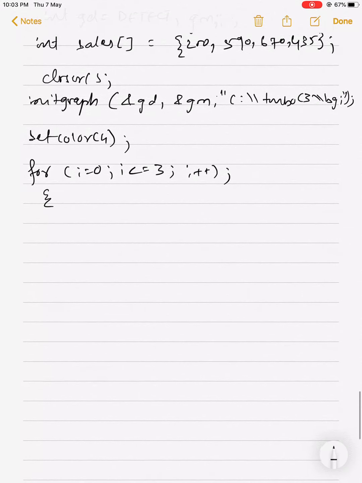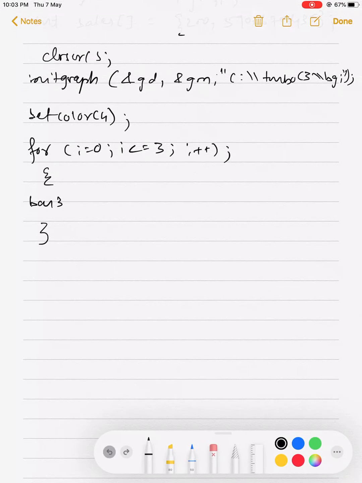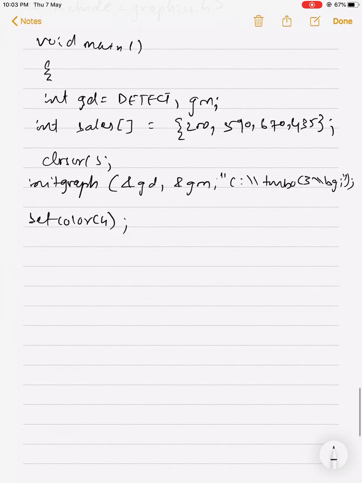Why am I writing this? Because I'm trying to draw a 3D graph bar. I'll explain it another way. I want to draw a bar graph. Simple formula: these are the 4 bars I will draw at a time.